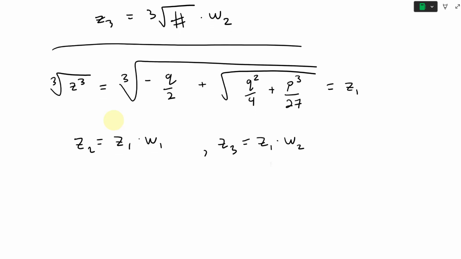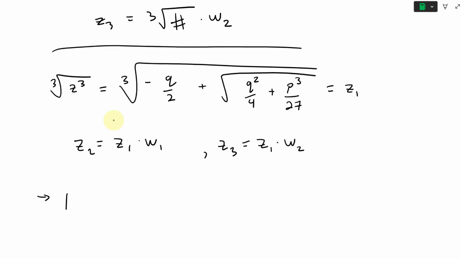Anyways, so now we're going to put in the second solution. So Y2, remember, this equals the Vieta solution: Z2 minus P over 3Z2. This is just Z2, so now this equals Z1 times W1, this is the first one there, then minus P times by 3